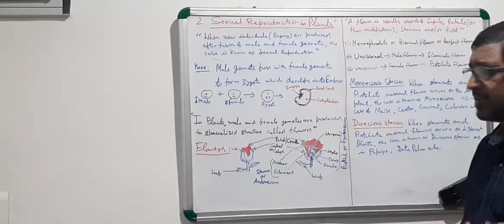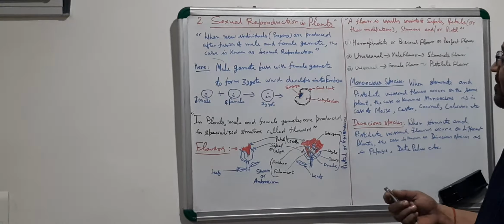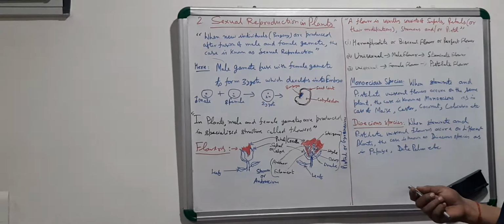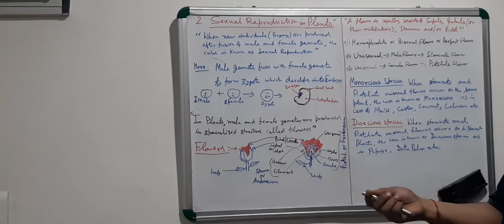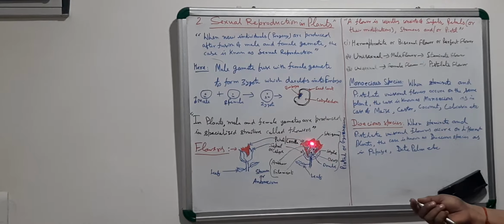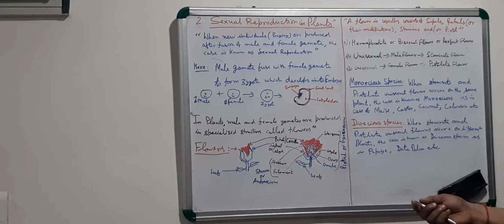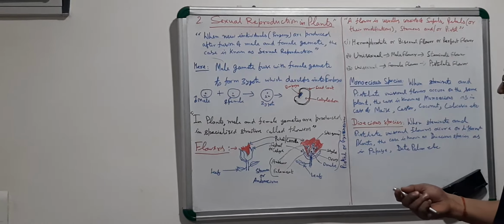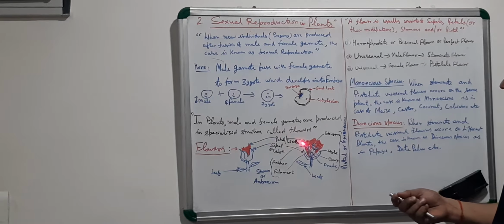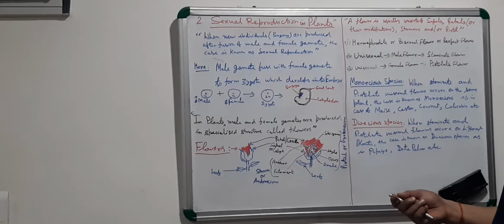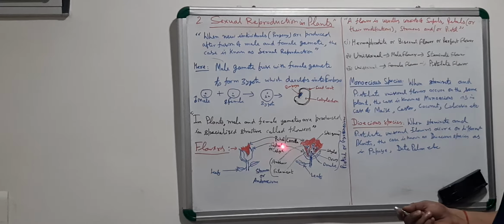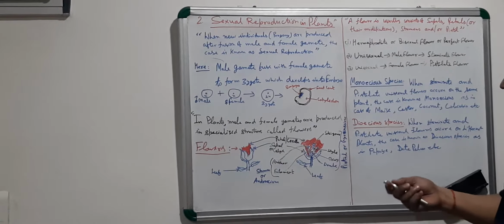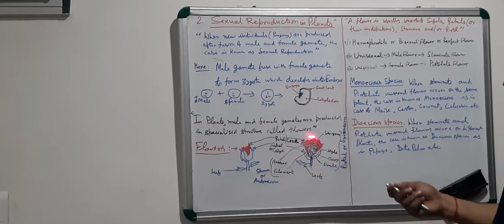So I'm continuing the same sexual reproduction in this video. Here I was explaining about the male and female parts of the flower. In a flower, you have different parts. You have the petal, the colored part, which is also known as corolla. The sepal, the green part, is also known as calyx. And inside this, you have the reproductive organs.